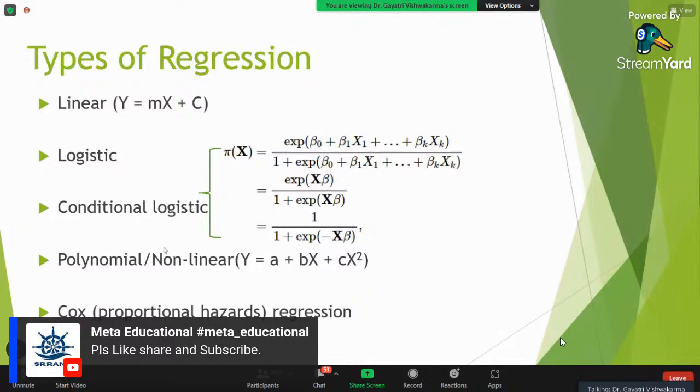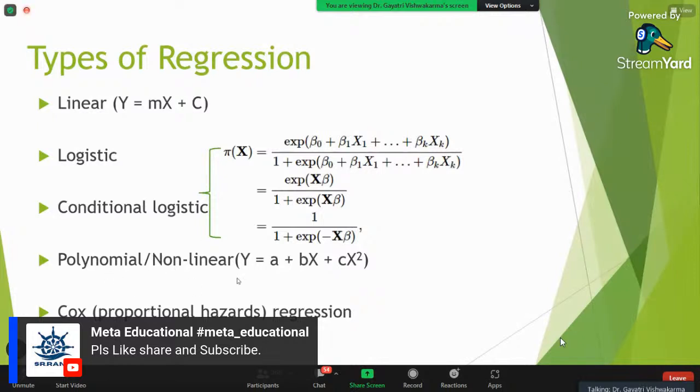And other than that, if your dependent variable is a time variable, that means duration, not just recording the date. Let's say overall survival, progression-free survival, that kind of thing you want to predict. You want to predict the overall survival of a subject after treatment or after diagnosis or after some therapy, then you have to apply Cox proportional hazard regression. So it depends on y.